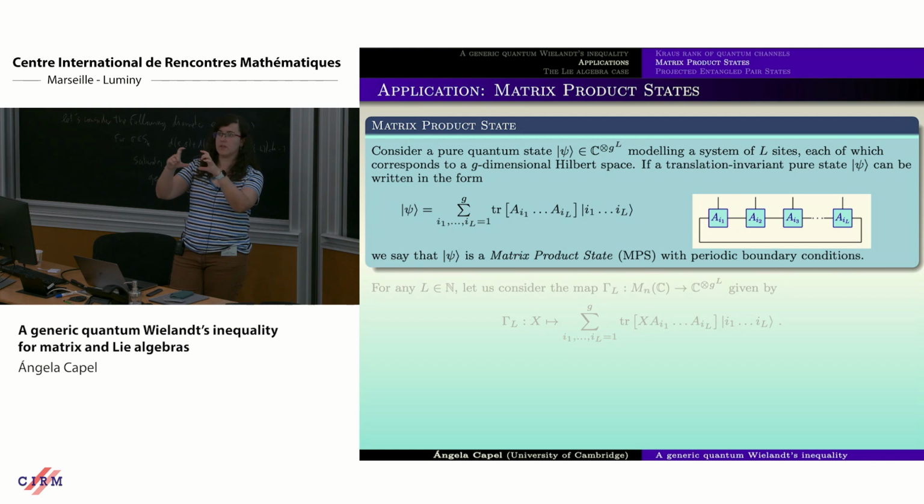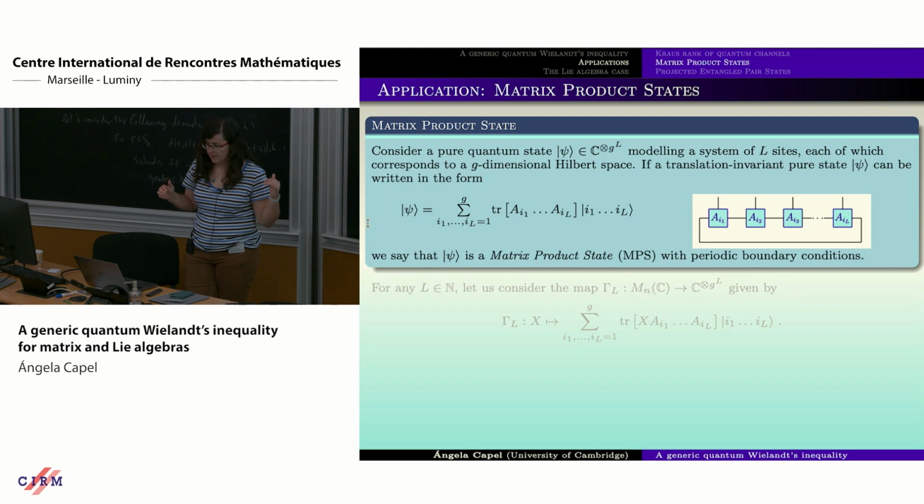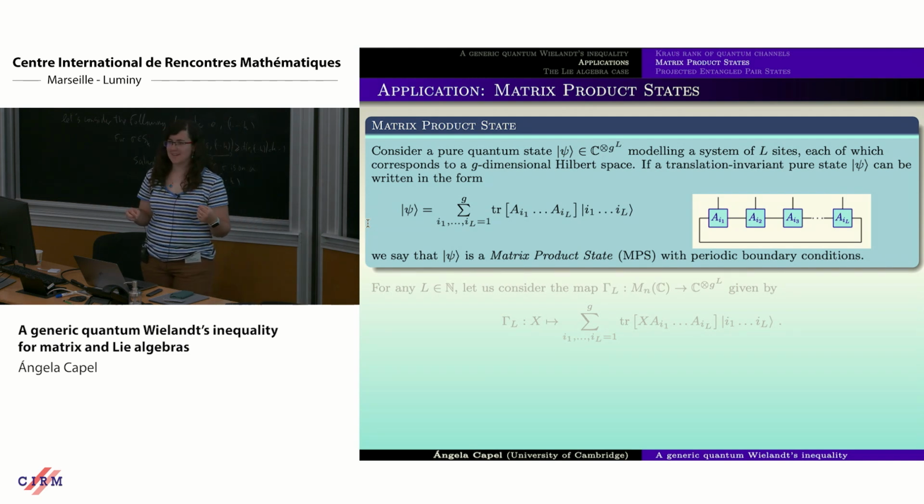And also we are going to consider that we are in a ring, so with periodic boundary conditions. So something like the picture that I drew here. And then we have this canonical form of writing MPSs, with the expression that I'm writing here. And now you probably see something that starts ringing a bell with respect to the rest of the talk, which is the product of matrices that appears inside the trace, right? In the sum that I'm writing here.